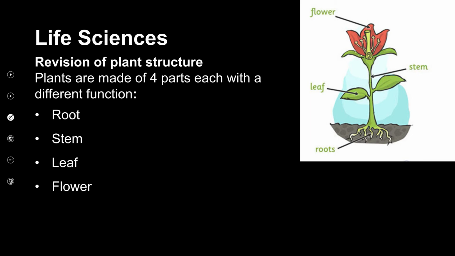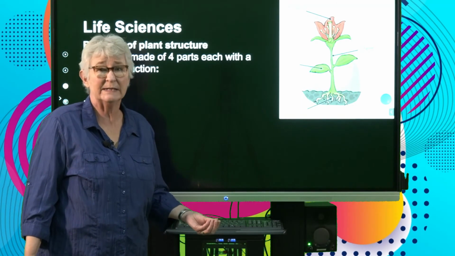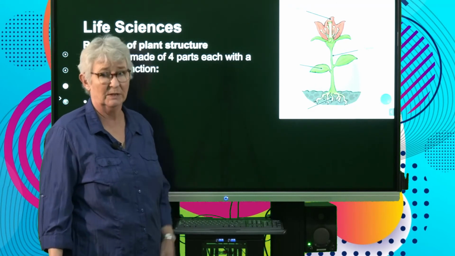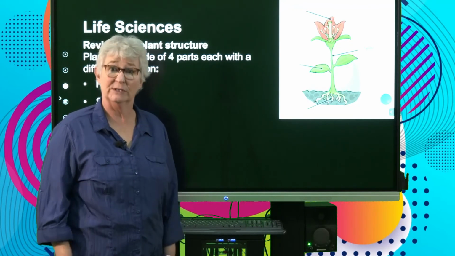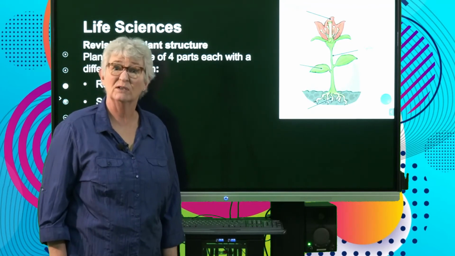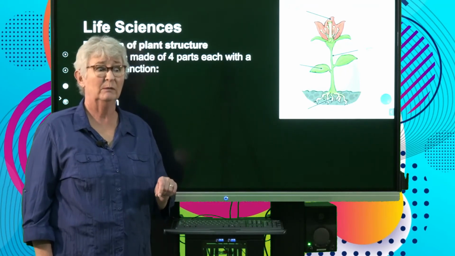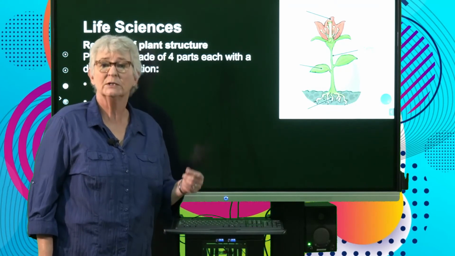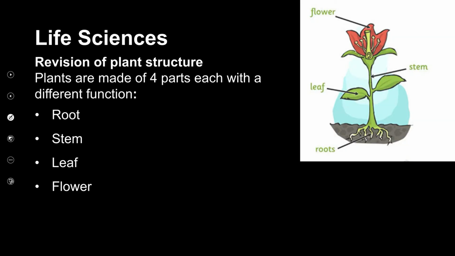That depends on what the roots are there for. What is their function? What are the leaves there for? What is their function? It's all very, very logical. So the first thing we need to look at is what is the function of these different parts of the plant, and we will link that to which types of tissues need to be in that part of the plant to actually carry out that particular function. So, first of all,